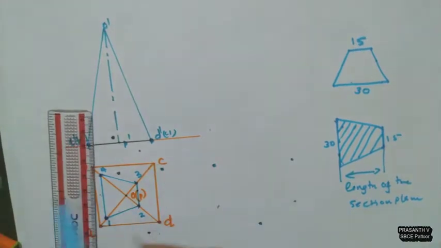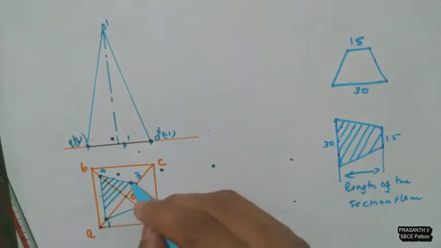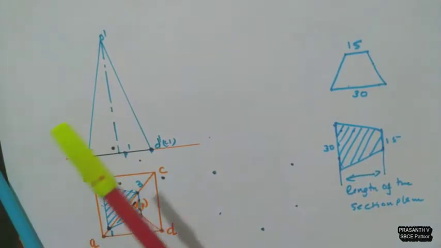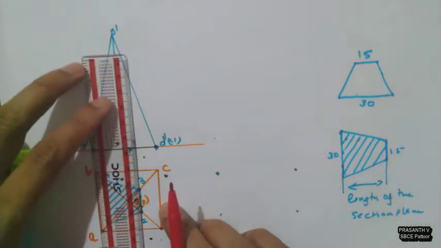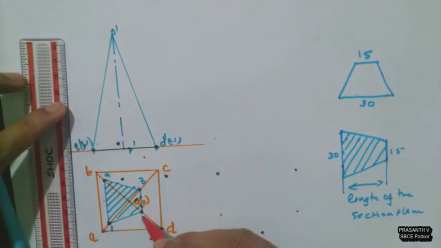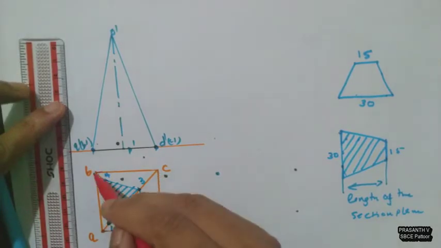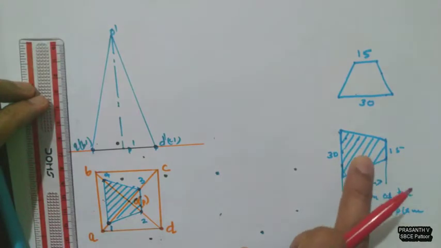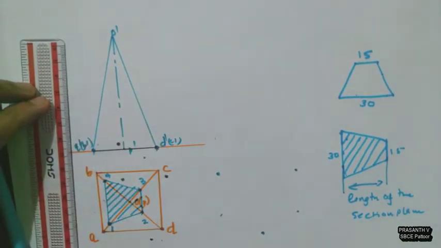Now you can simply hatch it. After this, you just project these cutting points to the front view. We know point 2 is cut on slant edge DO. That is why I placed this square with an edge perpendicular to VP. So I will get a trapezium as a true shape when I cut a square pyramid through the slant edges.